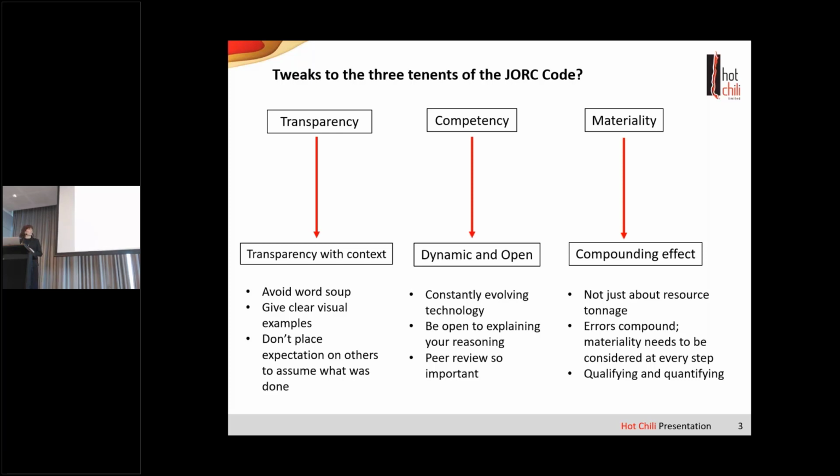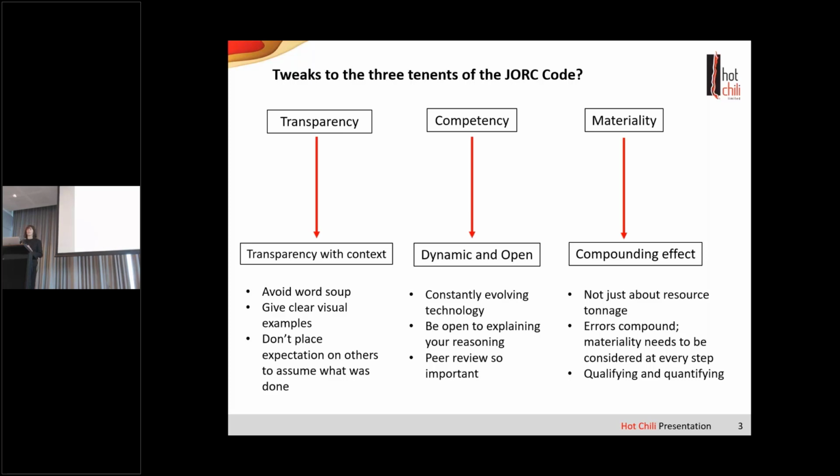Competency, obviously, competency is very important. It's self-determined in our industry, and the premise is that you should be able to stand in front of your peers and defend your work, which I think can come across a bit combative. I think it needs to be more: stand in front of your peers and have an open discussion about the reasoning that you've taken and what other options there might be. And we also need to be constantly evolving. We're seeing today, like some of the stuff that Scott had this morning with code reading, which I haven't used in anger, Jonathan, I know I will. But there's some really good technology out there, and we need to be open to exploring it and constantly evolving.